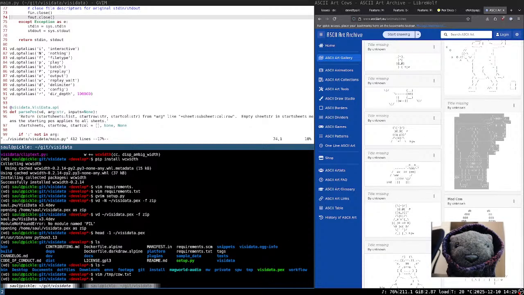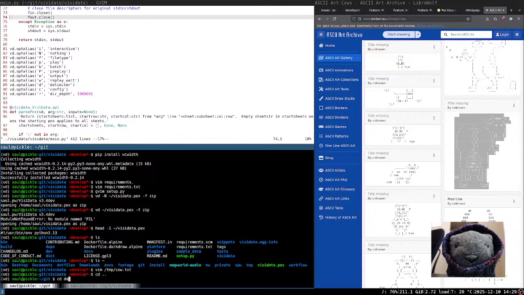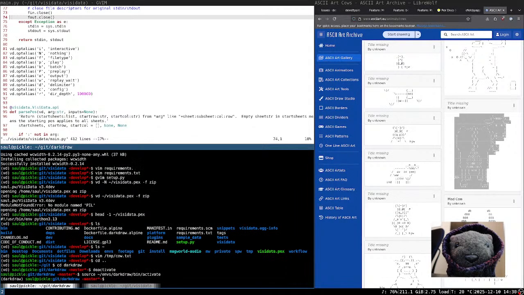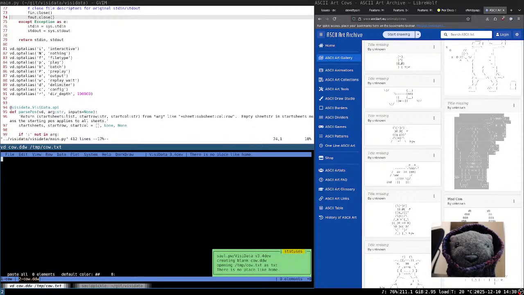Fine. Okay. And so now what we want to do is be in darkdraw. Do I have N by C on this? I don't think I do. I am not totally set up in this here. I could do that, but let me just try activating darkdraw here, and then running darkdraw. Cow.text and cow.tdw. Okay,